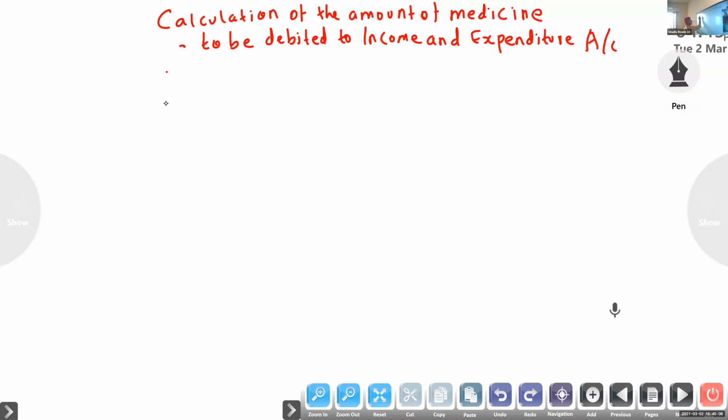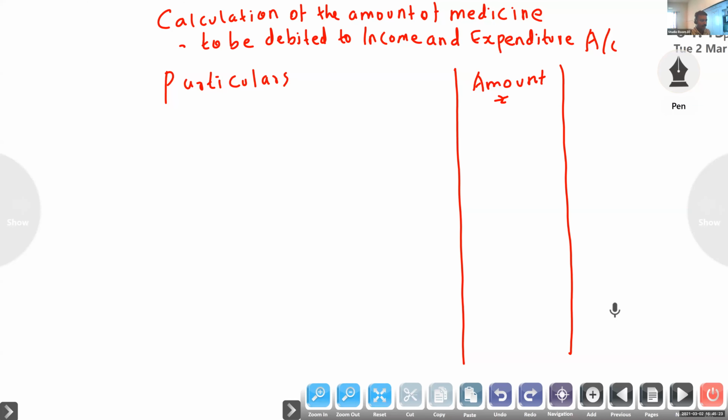So two column particulars. If you want, you can write which one first, add item. It is only opening stock here, which means only stock and the credit is given. Okay, for example, material sold. If the format is given, you have to follow it. Otherwise, you can write first one amount paid for